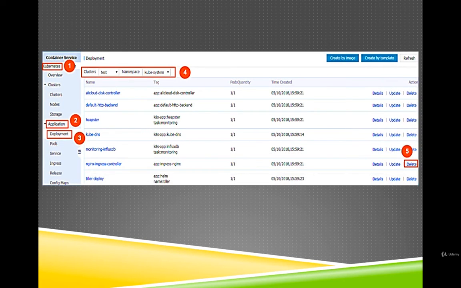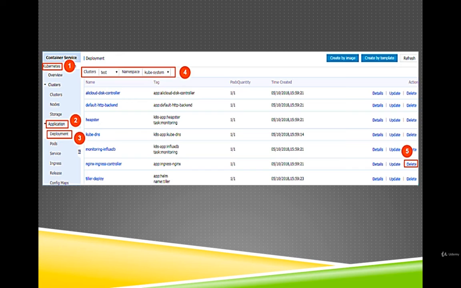Click delete at the right of NGINX ingress controller and then click OK in the displayed dialog box. An ingress controller is deployed by default when the cluster is initialized. You must delete the ingress controller deployed by default first